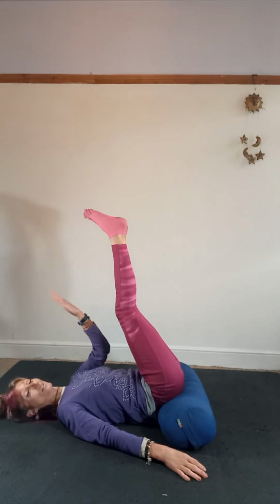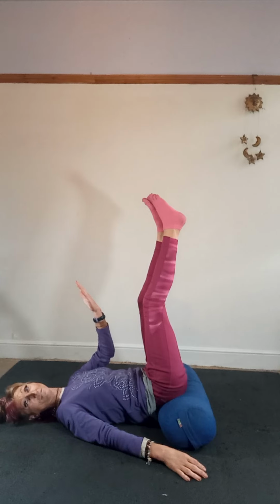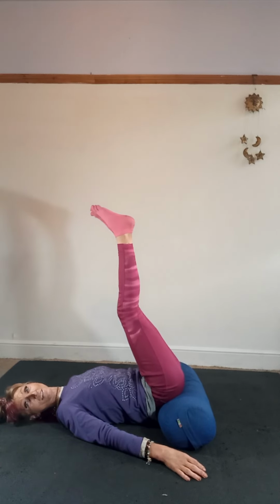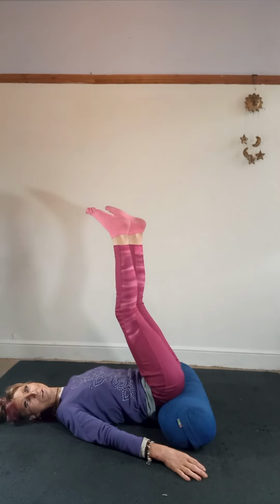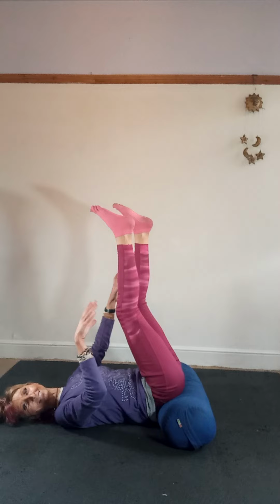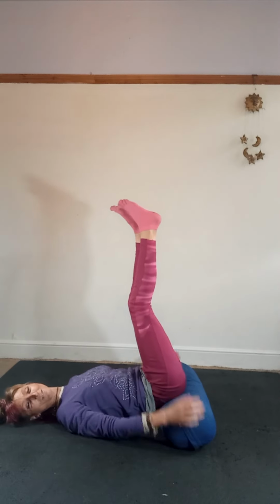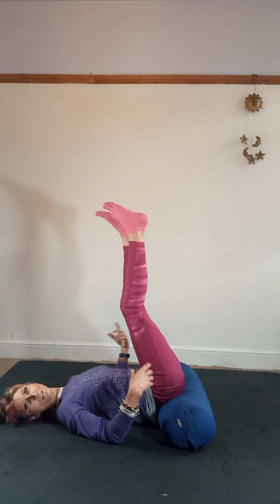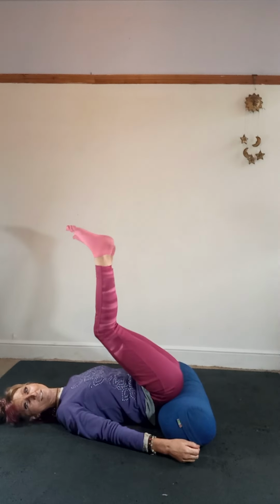my back out because my legs are further forward. They started off here, and I'm not forcing them in position. That's where they are, because I've lengthened out the muscles in the back of my body. Imagine like you're just floating around in space. So it's not about trying to keep rock still. It's just about finding that point where you just hang out, and you can do that a couple of times,